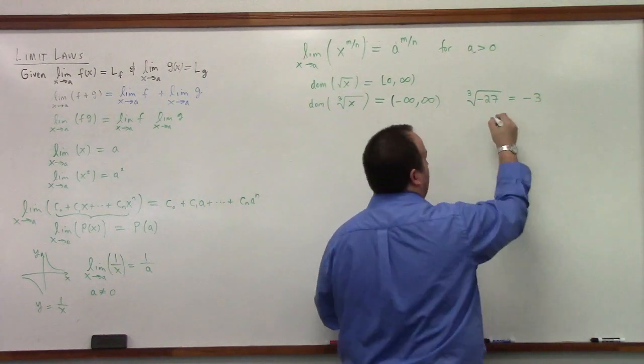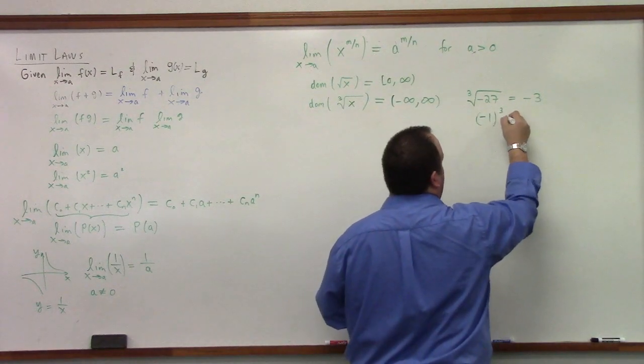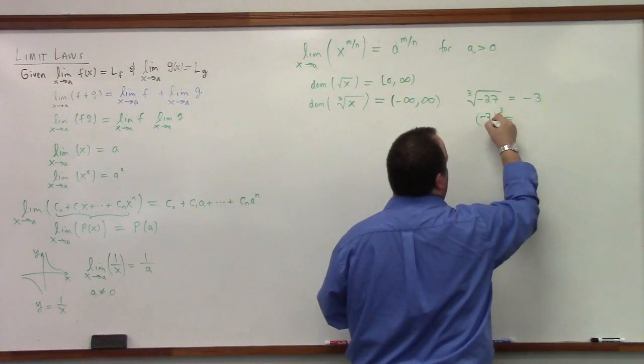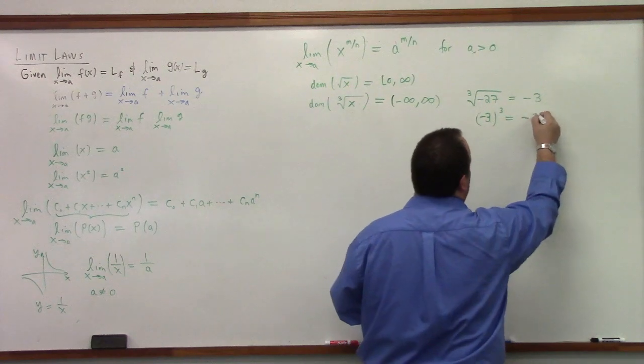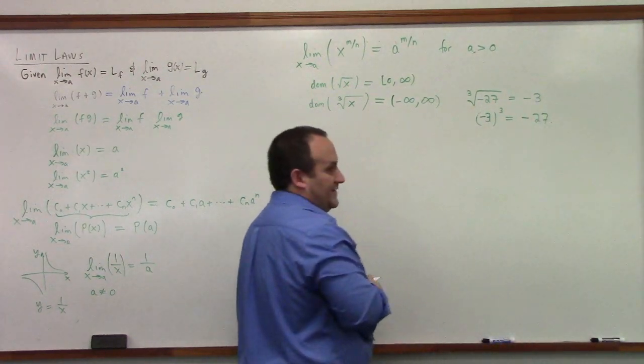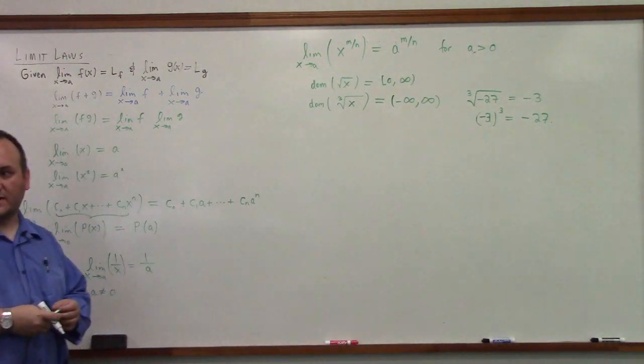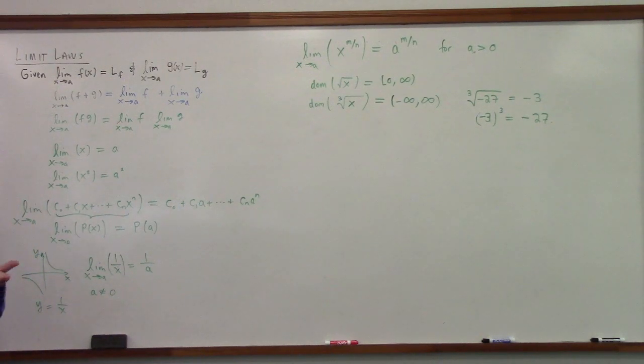Why is that? Because minus 3 cubed is in fact minus 27, right? And so that means the cube root of minus 27 is minus 3. So we can take cube roots of negative numbers. So there's a big difference between cube root and